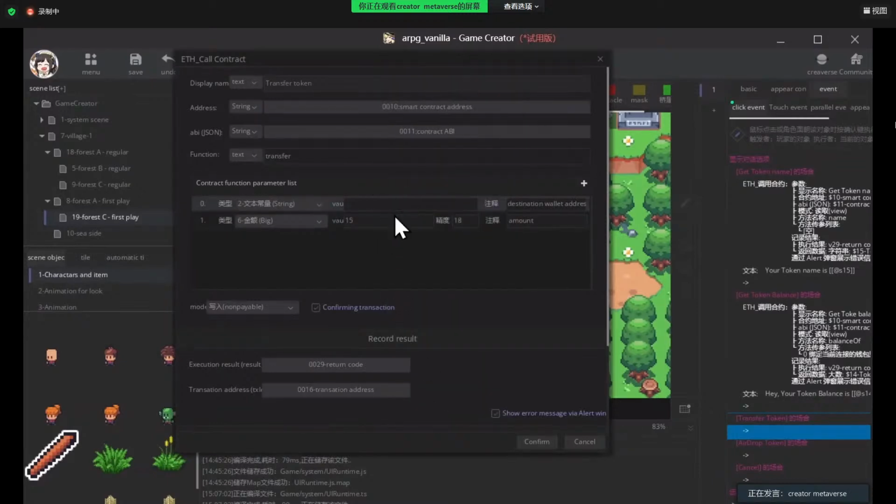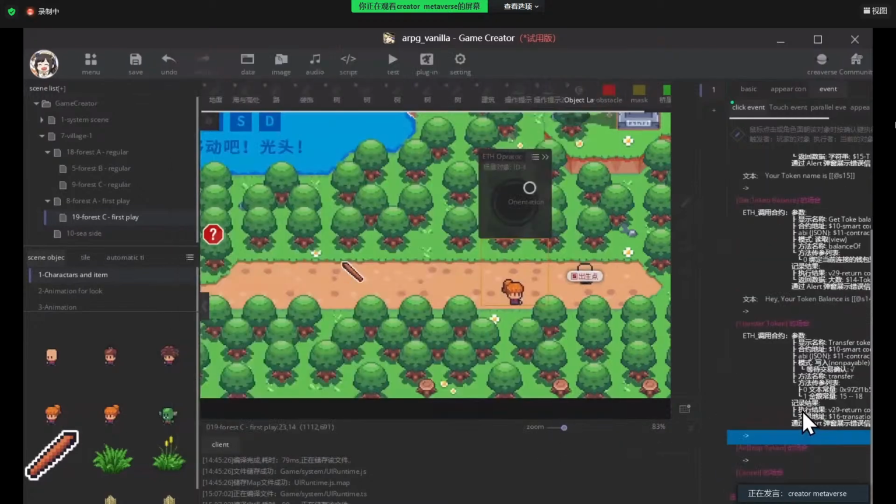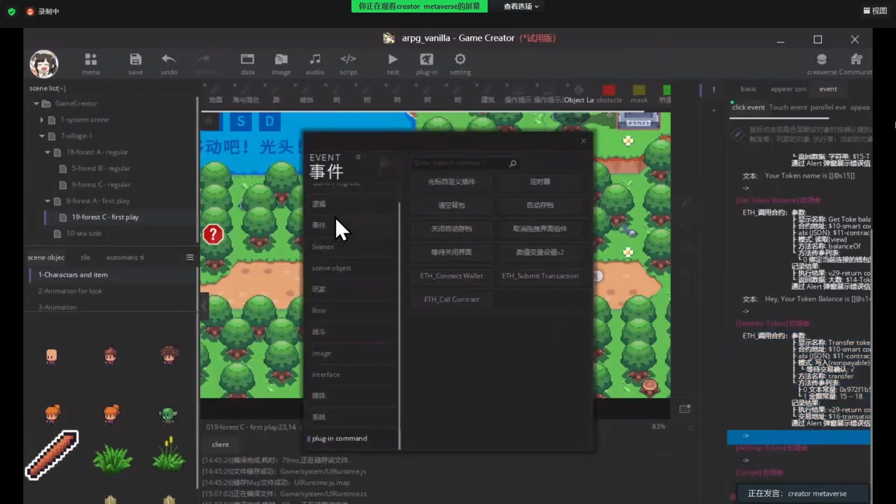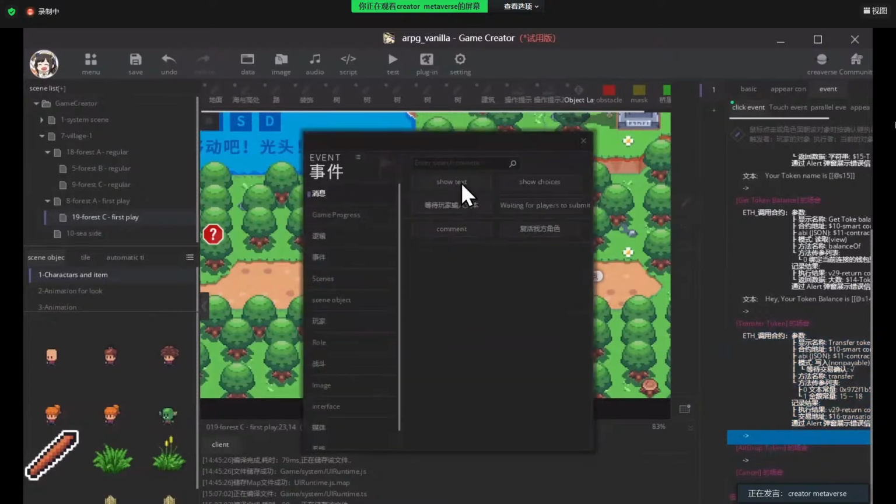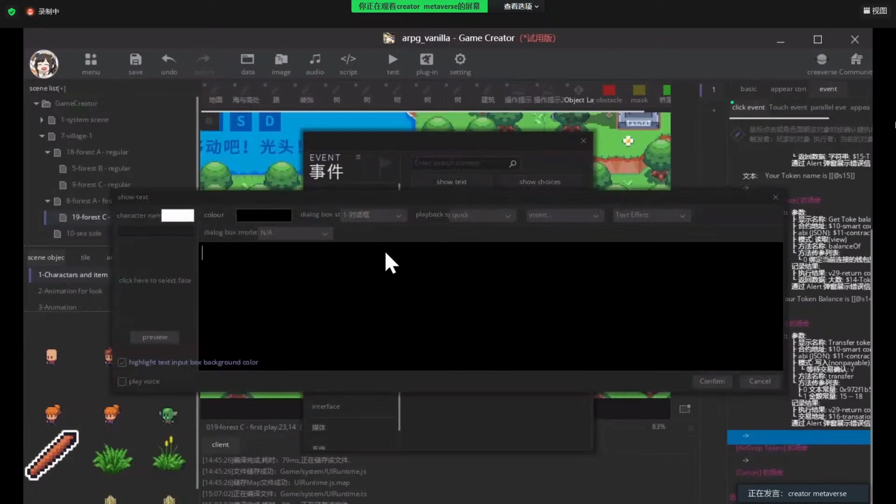And let me copy paste the destination wallet here. All right, confirm.